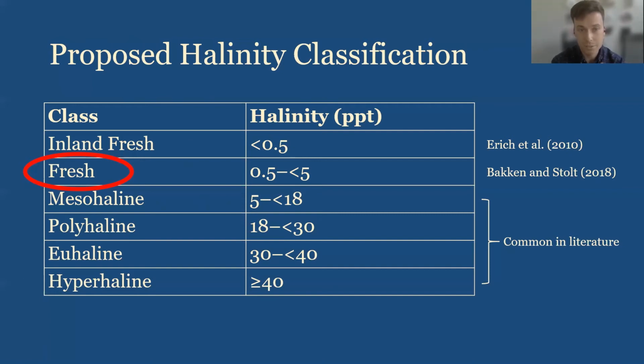However, since this value, 5 parts per thousand, is being used as the threshold between fresh and brackish aquasols in the proposed wet soil order, I'm calling this class fresh in this current version of the classification proposal. I do want to point out, though, if our goal as pedologists and soil scientists is to foster interdisciplinary research in the coastal zone, we need to recognize that this threshold will potentially cause confusion and disagreement. If we want to move towards other scientific disciplines, we should consider naming this class oligohaline rather than fresh.